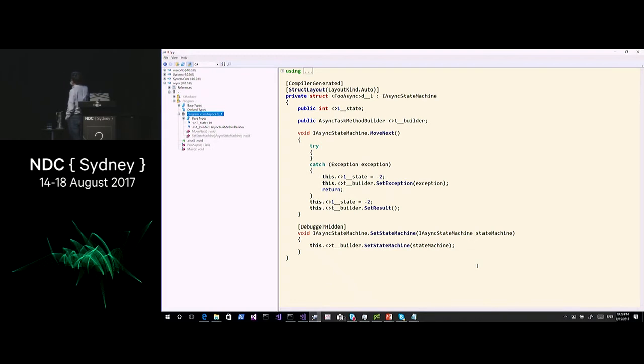Well, first of all, we have an empty try over here. Well, that's not very useful, but let's ignore that for now. And we also have this builder.setResult. That's the equivalent to me doing a return statement. Okay? Let me make this code a little bit bigger to sort of show you what this setResult thing is